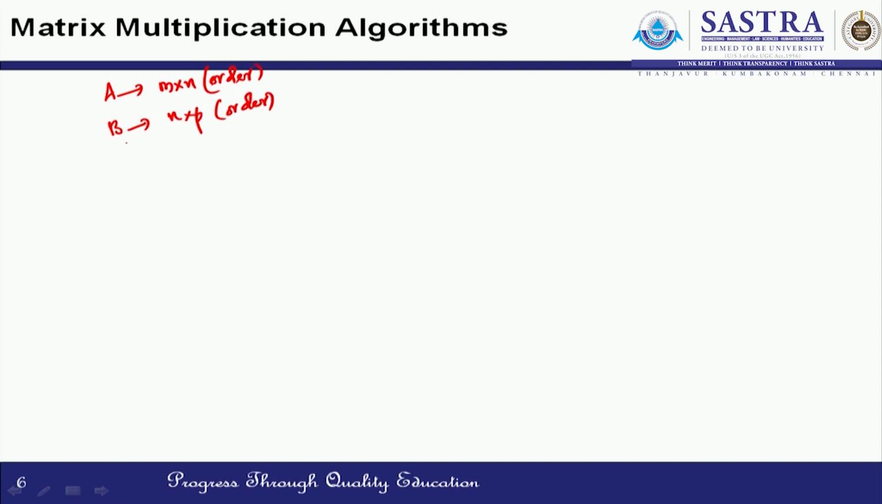Then we can find C is equal to A into B such that the resultant matrix C is of order m by p. So this can be achieved using conventional matrix multiplication algorithm,